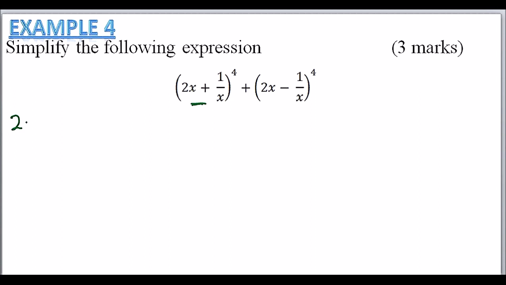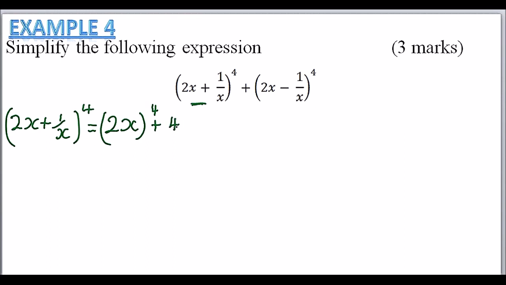I'll say (2x plus 1 over x) raised to power 4 is equal to 2x raised to power 4 plus 4 times 2x raised to power 3 multiplied by 1 over x, plus 6 times 2x in brackets squared, then we have 1 over x